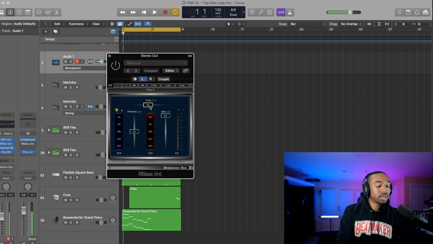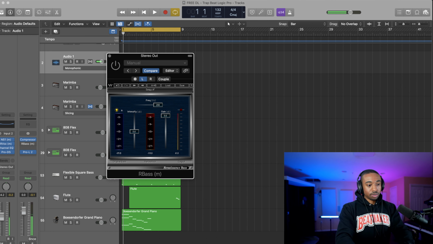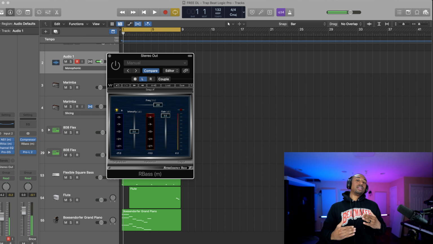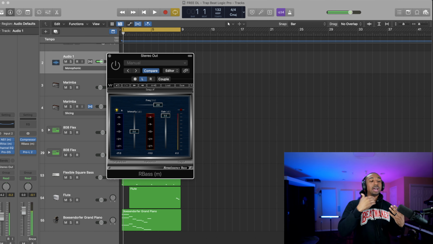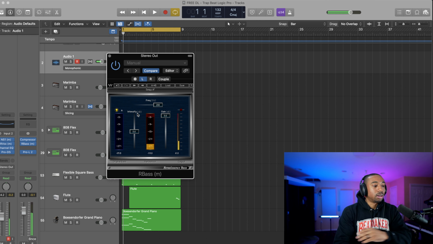Okay, so you could switch this. Let's say your kick is super boomy, but it doesn't have the punchy box sound. You could type in 200. I think this goes up to 250. So you can type in 200 to give you more of a rounded out kick. And that will give you, instead of the boominess, the bass tone that you need. So you could hear it. I sound weird because I'm running through the plugin, but let me turn this down.